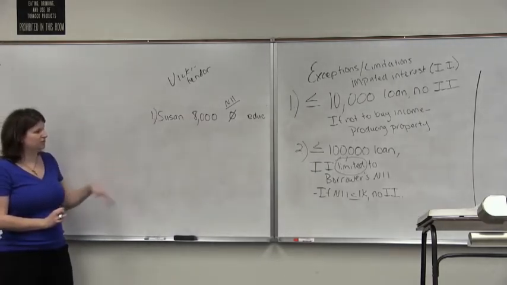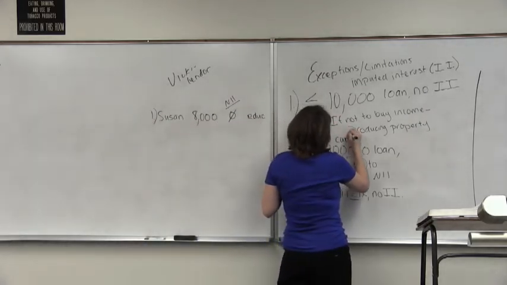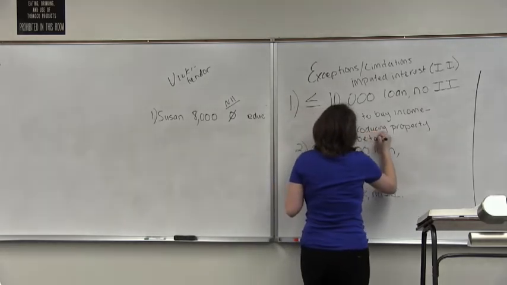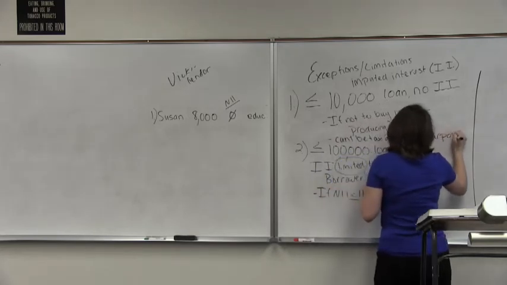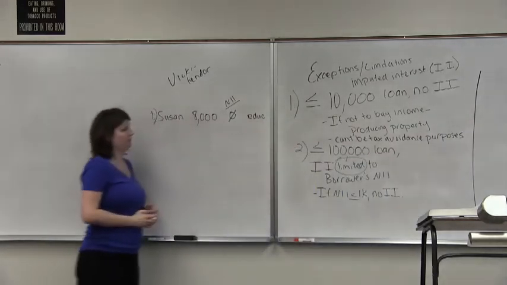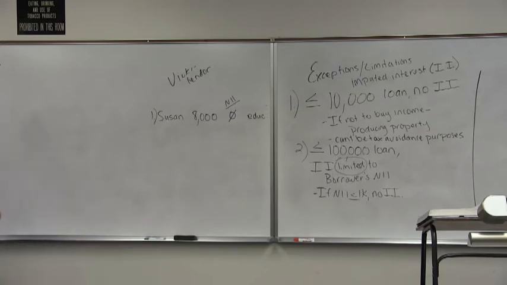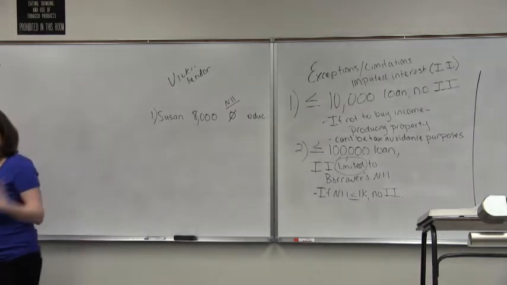One other thing I should mention that falls for this, it's kind of an aside, okay? It can't be for tax avoidance purposes. So in other words, if you are making this loan for tax avoidance purposes, then you don't get to use this exception. You assume that there's always a good reason other than tax purposes for these transactions, unless the facts specifically tell you it was done for tax avoidance purposes. Okay? So don't read into the problem, oh, maybe there's some tax avoidance purpose, unless the problem specifically tells you